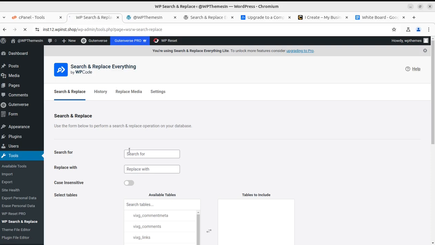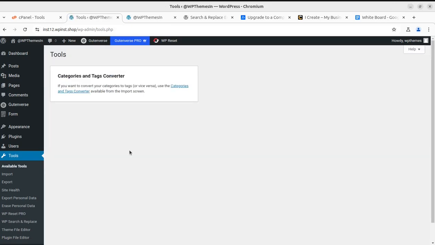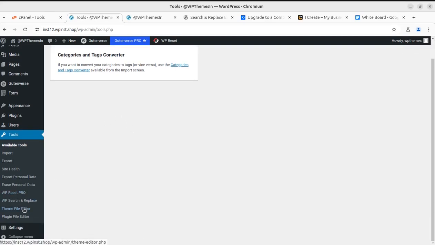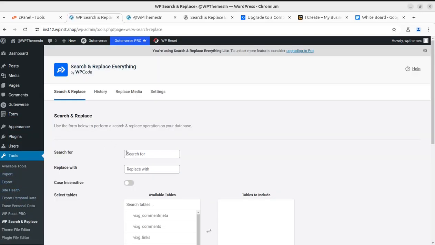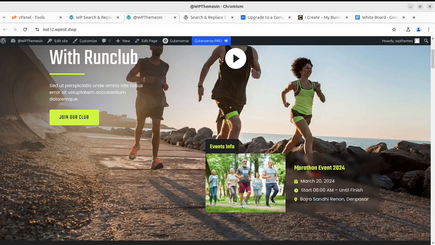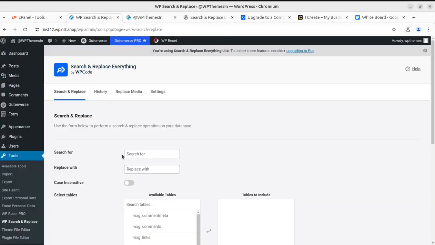It is very simple to use, just like you are using the find and replace option on your Word file. Find and replace is available under the tools menu. What I'm going to do is copy this text that I wish to change here. So I am searching for this, and I am going to type running event